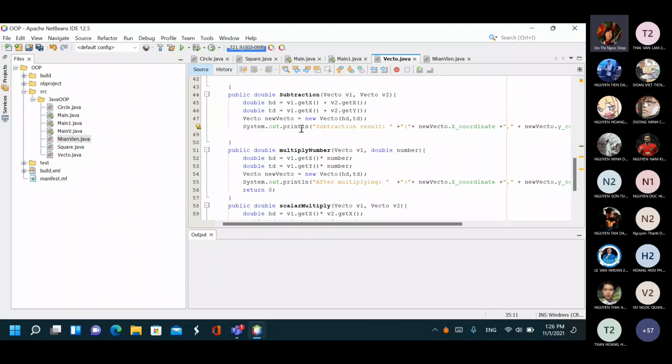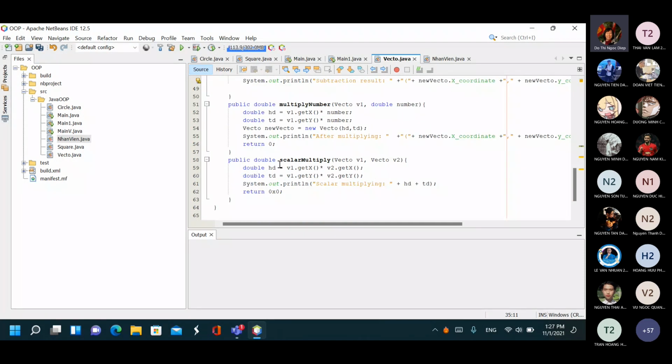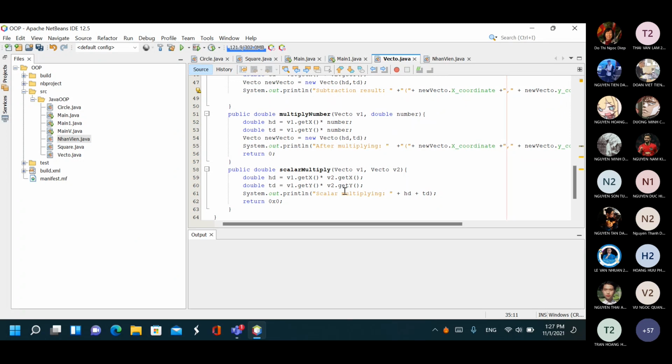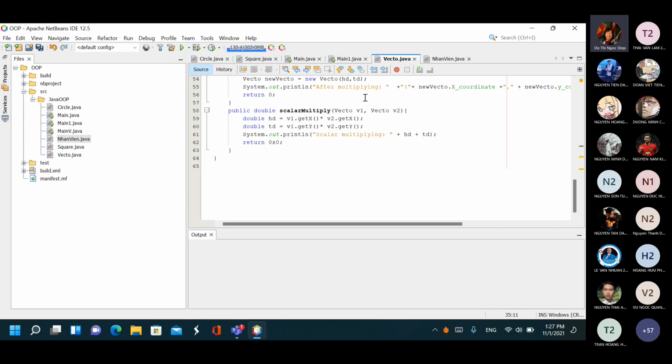And for the subtraction, you do the same. For the multiply number, you do the same. Scalar multiplier, you do the same. Okay. But scalar multiply, I don't do the same, different. Em tính theo cái tọa độ ấy, công thức của nó ấy. Rồi. Ok. Nói chung là in general, the way you write it down is okay, but